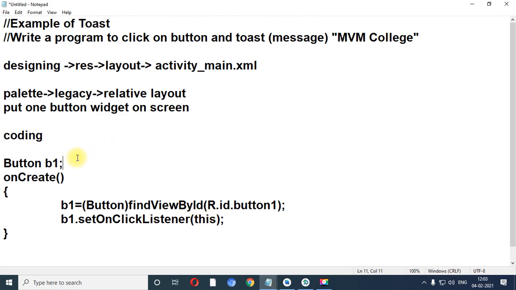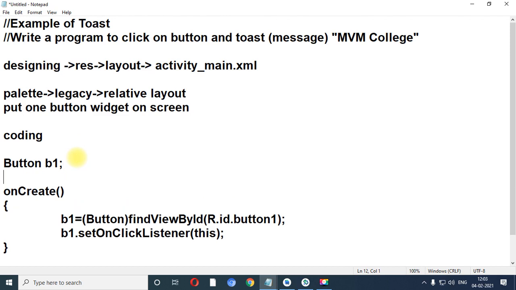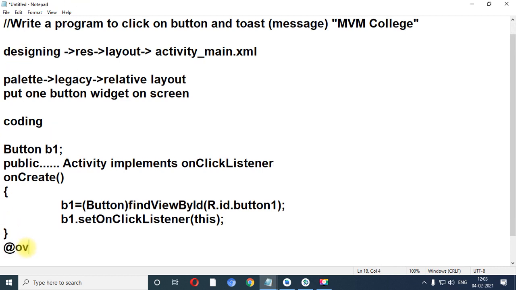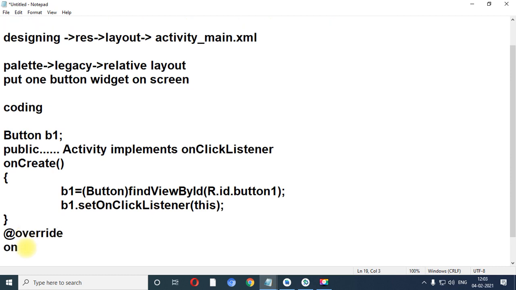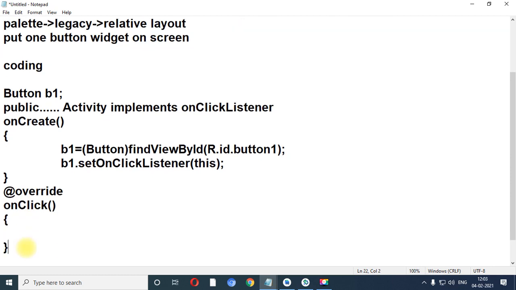When you press Alt plus Enter, you see over here public class, then Activity is there, and it will implement OnClickListener. After that, it will override the onClick method, and now you need to put the Toast class over here, Toast.makeText over here.